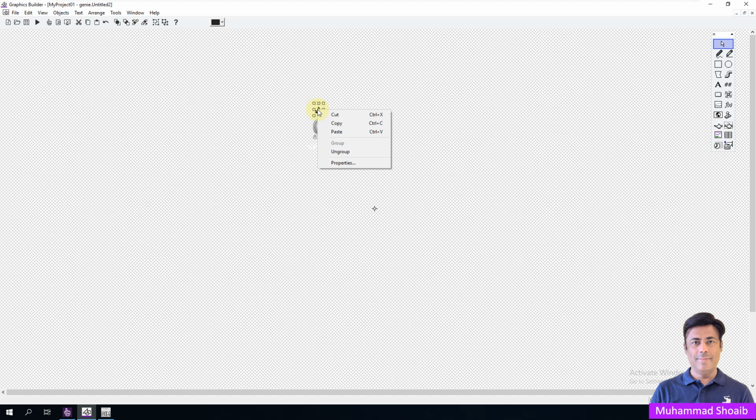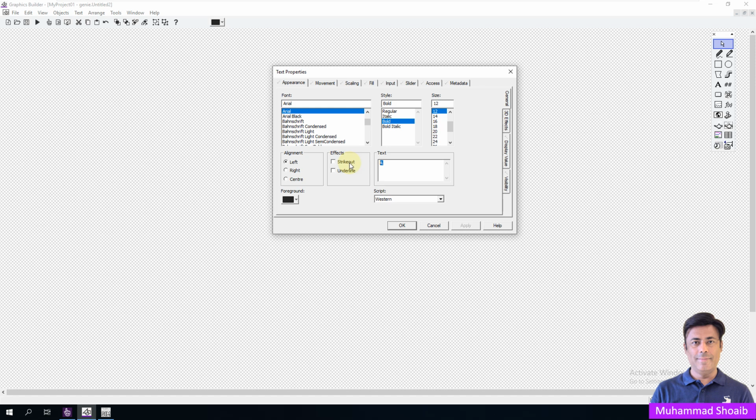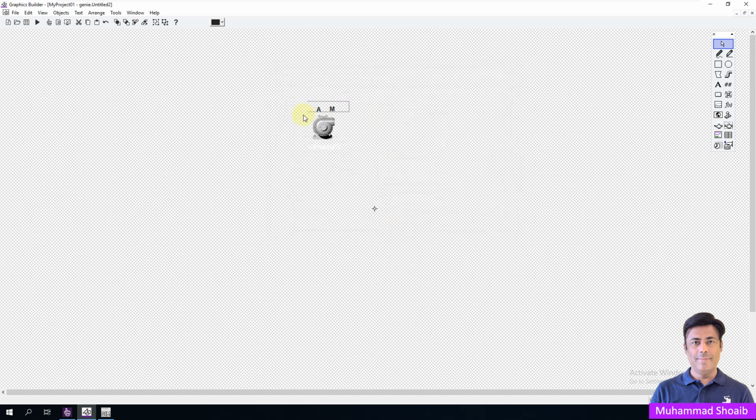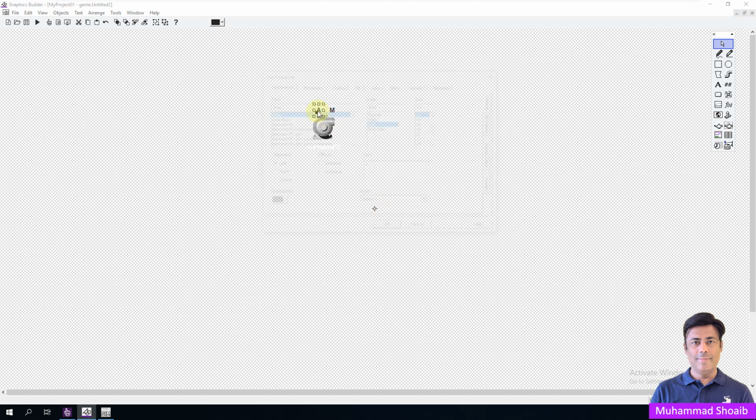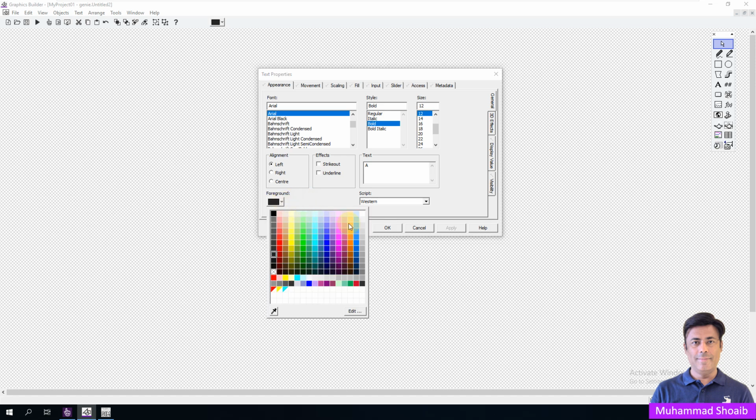First I will copy and paste it for the manual. Here M for manual. Align both at the top. Okay, perfect. Now I will change the color to white